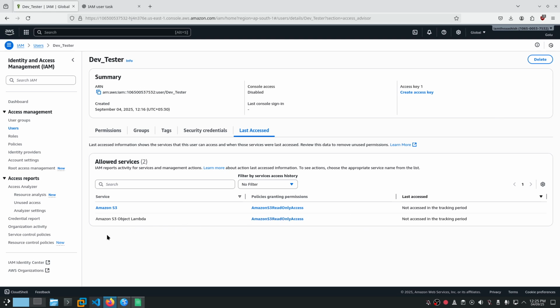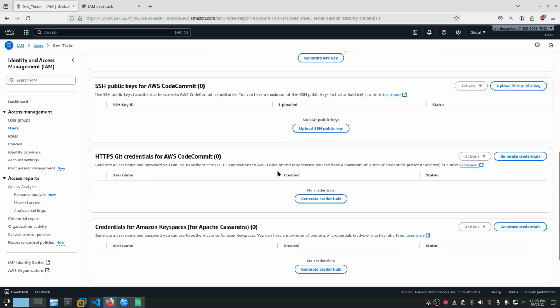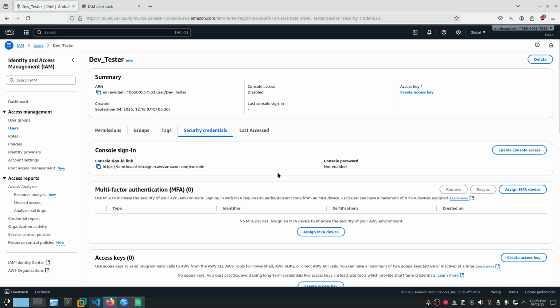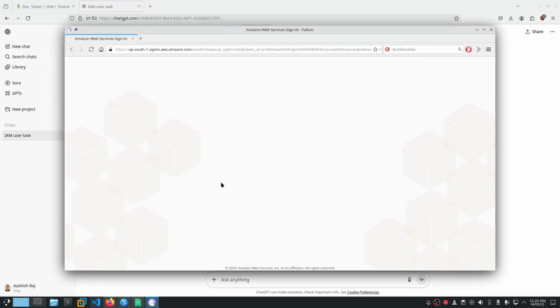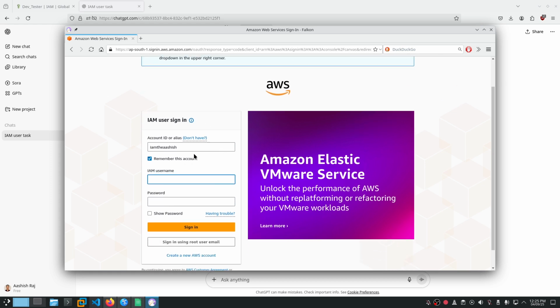Why does it have access to S3 object lambda object? I have another browser for AWS.